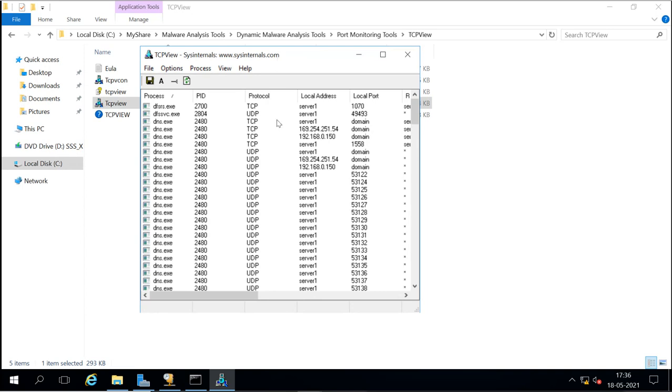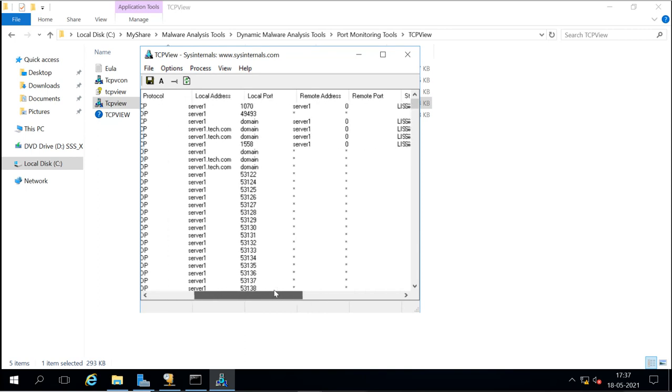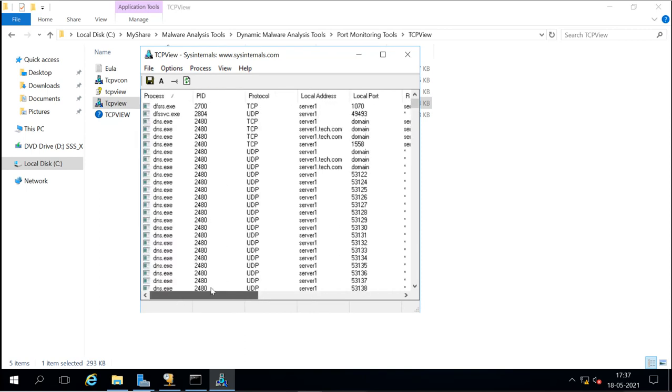So in this one you can see all the connections which are established, and here you can check whether it is using some unknown port connection. These are all UDP, these are for the DNS process.